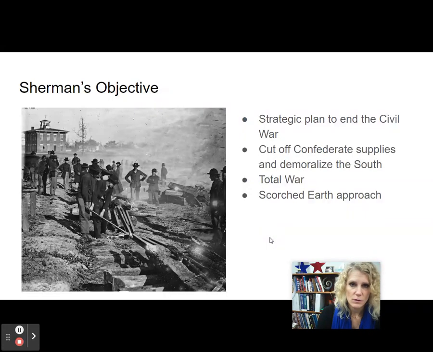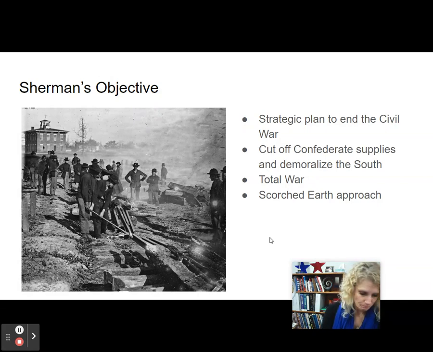There were quite a few different objectives for this mission that he was sent on. Some of the objectives, of course, the first one was to end the Civil War. It was also an objective to cut off Confederate supplies and to demoralize the South. The Confederate supplies, such as food, ammunition, materials, goods, whatever it could have been, were supposed to be limited, or the mode of transportation of getting these items across the South was supposed to be destroyed by Sherman's